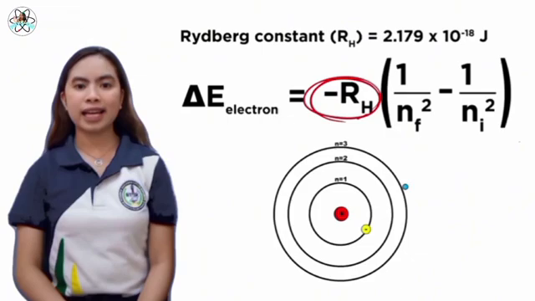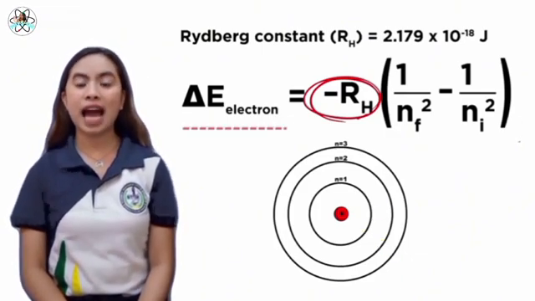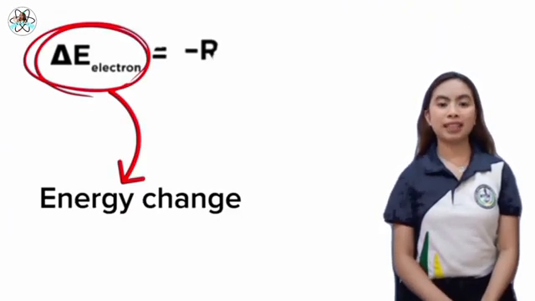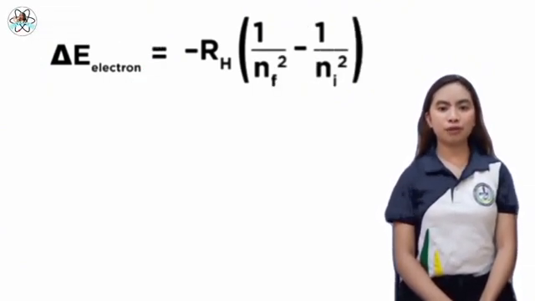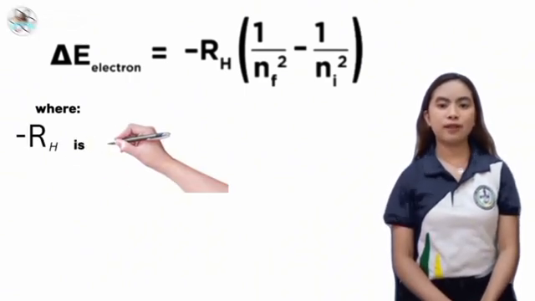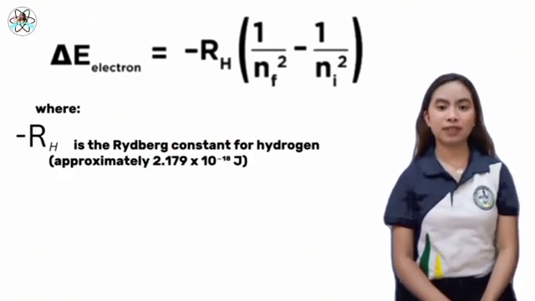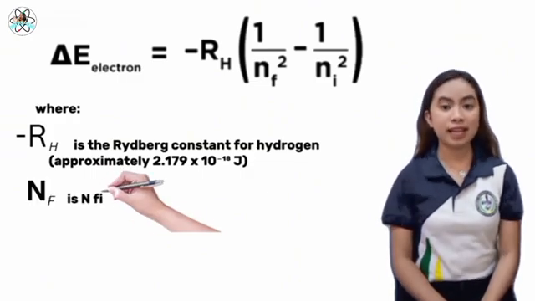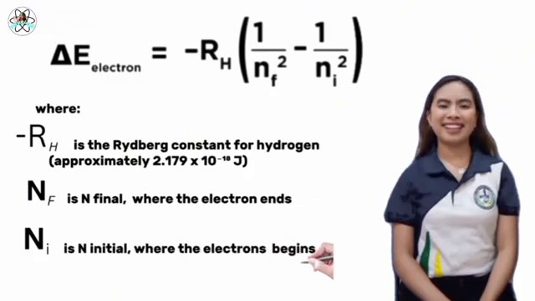And the Rydberg formula is used to calculate the energy change during an electron transition between energy levels in a hydrogen atom. Delta E, which represent energy change, is equal to negative R sub H times 1 over N final squared minus 1 over N initial squared, where the negative R sub H is the Rydberg constants for hydrogen. It is approximately 2.179 times 10 raised to negative 18 joules. And N final is where the electron ends, and also the N initial is where the electrons